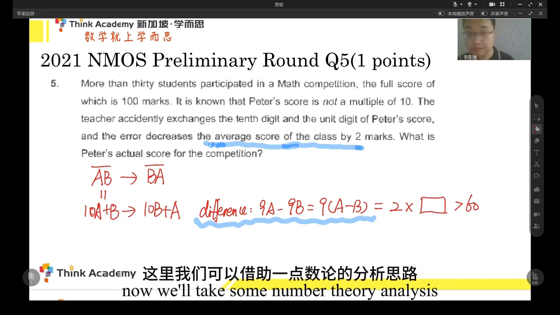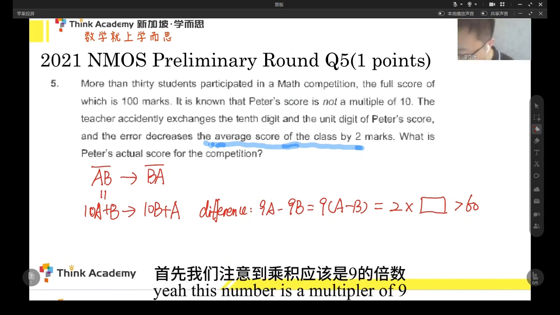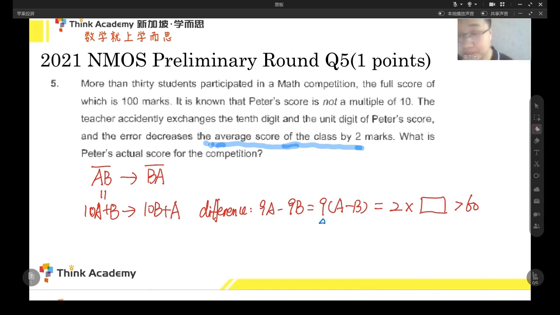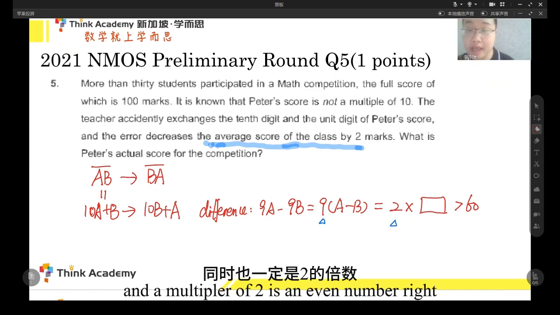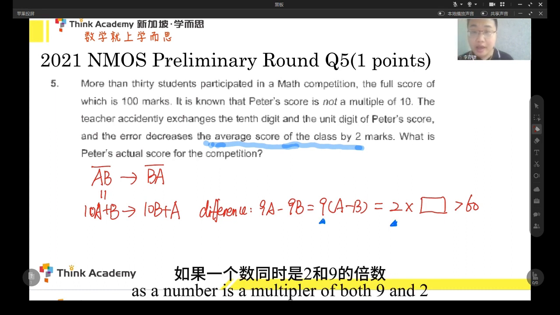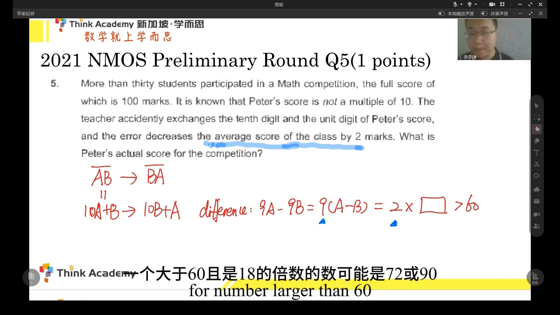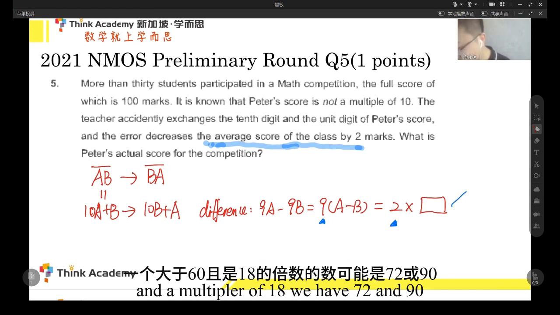Now we'll do some number theory analysis. First of all, we realize that this number is a multiple of 9. And a multiple of 2 is an even number, right? We can see that from the formula here. As the number is a multiple of both 9 and 2, it will be a multiple of 18. For a number larger than 60 that is a multiple of 18, we have 72